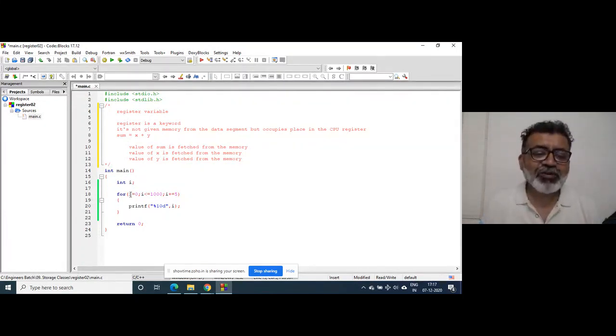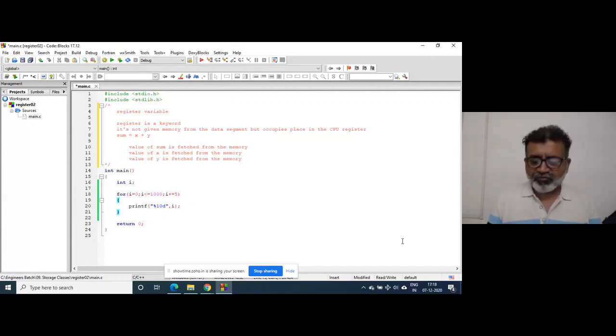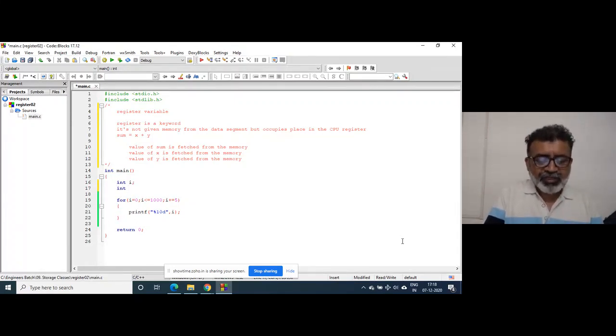Likewise, I wrote this loop. This i is a variable. I'm not making any calculations here, but suppose some calculations are there. Suppose some variable is there like sum.